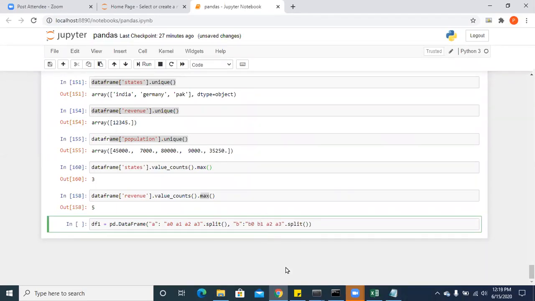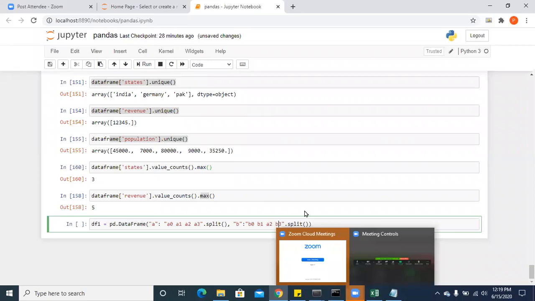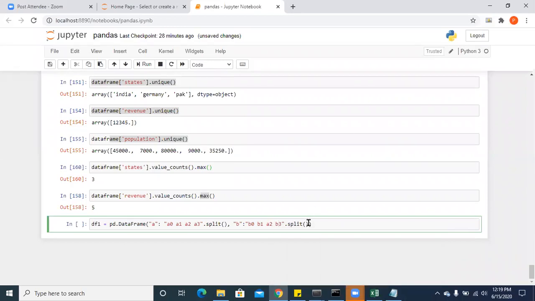You can use any numbers over here. V3, comma, C, C0, C1, C2, C3. Let's suppose I have 3 columns and 4 rows.